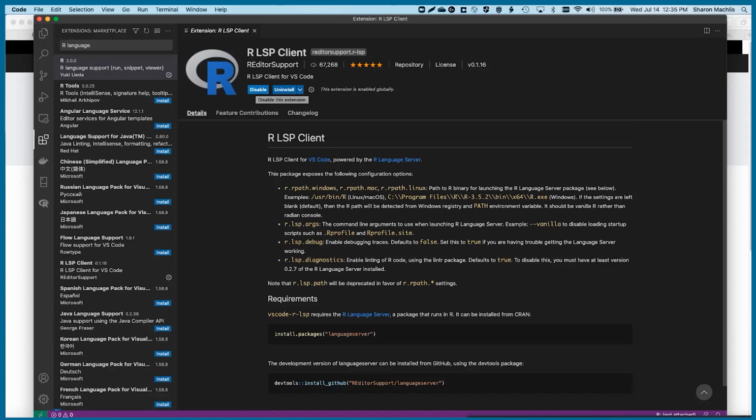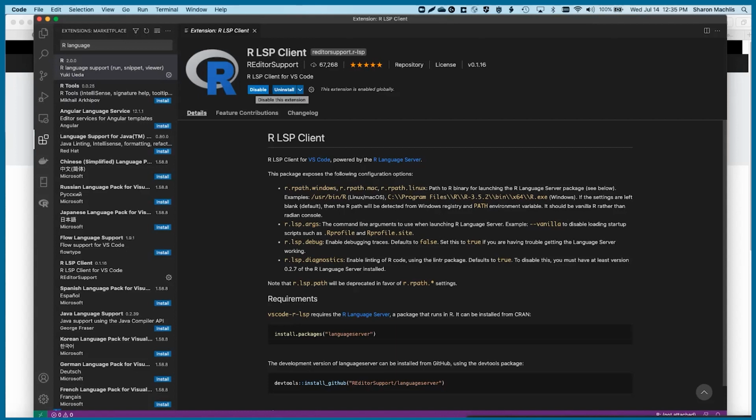Now, my original R extension usage page said that to use the Radian console, I need to enable config r.bracketed paste. What that means is that I need to go into VS Code settings and turn that setting on. The easy way to muck around with VS Code settings is to open up the UI and see if the setting I want is in there.